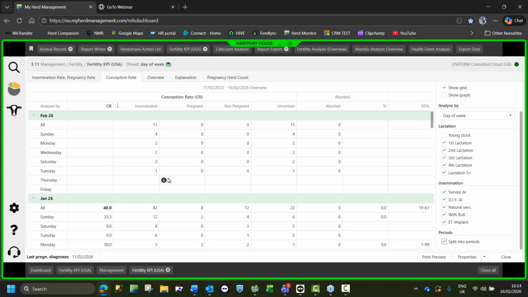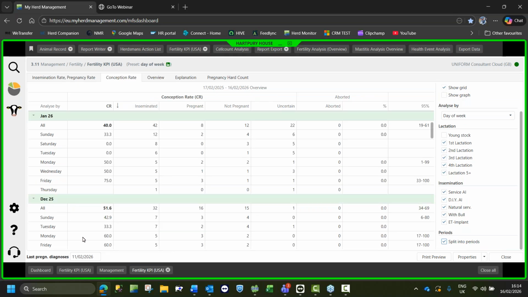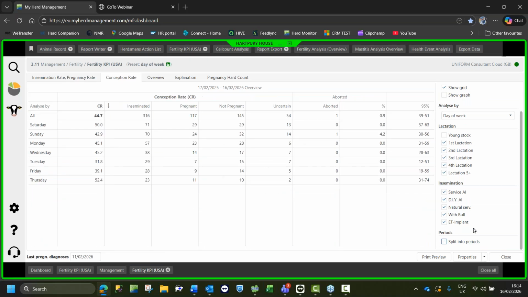So it then breaks it down so we can look not just over the day of the week over that period, but we can look at the day of the week over the month. And we can do exactly the same, for example, when we look at the performance of the inseminators. So if we take that tick out and we go back to analyze by,